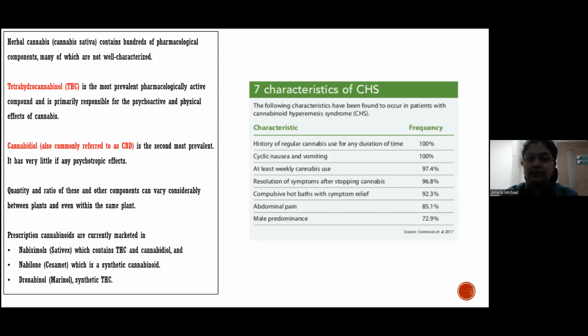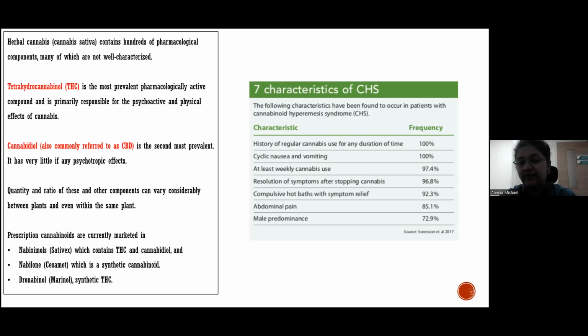So like I said, herbal cannabis, which is cannabis sativa, has tetrahydrocannabinol, and it has cannabidiol, also called CBD. Now, as you can see, THC is the one that is psychoactive, and the physical effects of cannabis are actually seen through that, okay? And it's more pharmacologically active. CBD, on the other hand, has very little psychotropic effect. So it is a balance of these two that actually makes a difference. But there are commercially marketed